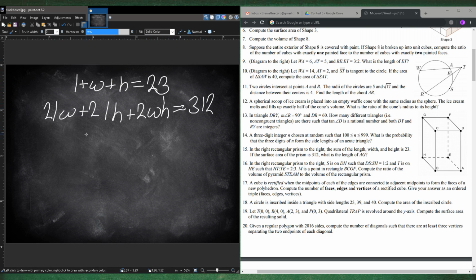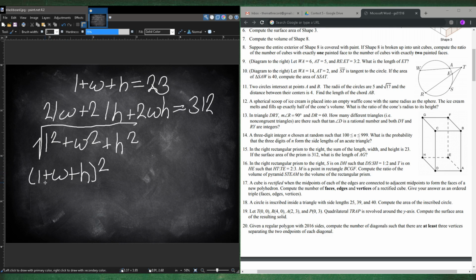So AG is calculated by saying L squared plus W squared plus H squared, and then square root the entire thing. So basically we're just going to have L plus W plus H, squared, which expands out to L squared plus 2LW plus 2LH plus W squared plus